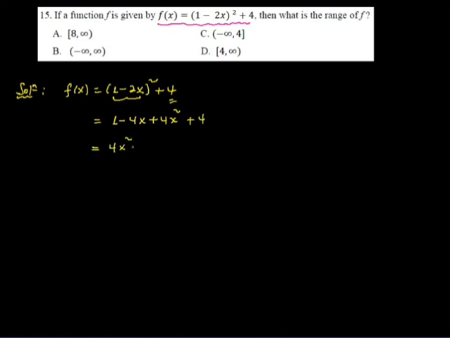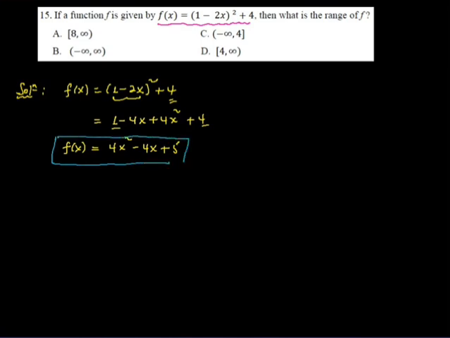If a function f is given by f of x is equal to 1 minus 2x, the whole square, plus 4, then what is the range of f? ይሄ ፋንክሽን ተሰጥቶናል የዚህ ፋንክሽን ሬንጅ ምንድነው ነው ጥያቄው፣ ኦኬ። ሬንጅ እና ዶሜን ለማወቅ ግራፍ ማወቅ ተገቢ ነው። So the function is f of x is equal to 1 minus 2x, the whole square, plus 4. ይሄንን በተን አድርገን ማስቀመጥ ያስፈልጋል። 1 minus 2x the whole square ማለት 1 minus 4x plus 4x square ማለት ነው, plus እዚህ ጋር 4 አለ። So ይሄ እንዴት ሊጻፍ ይችላል 4x square minus 4x plus 1 and 4 is 5። እንግዲህ ፋንክሽናችን በተን ተደርጎ ሲጻፍ ይሄን ይመስላል።